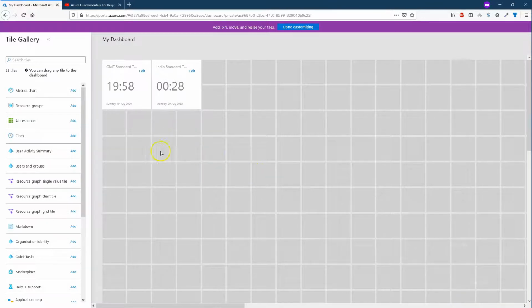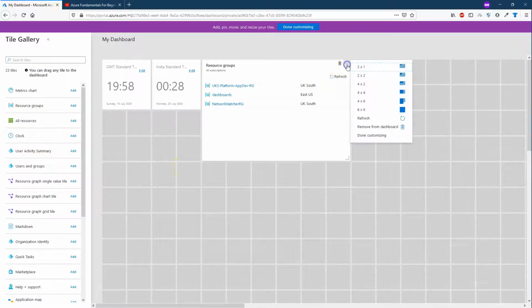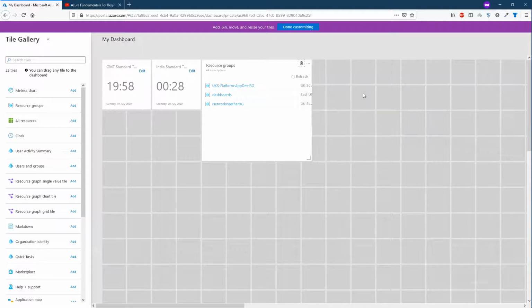We can select as many tiles as we want to display on dashboard. Now select resource group tile and drag it onto the canvas. It can be resized to 6 by 6, 6 by 4, etc. Let's set the size to 4 by 4.